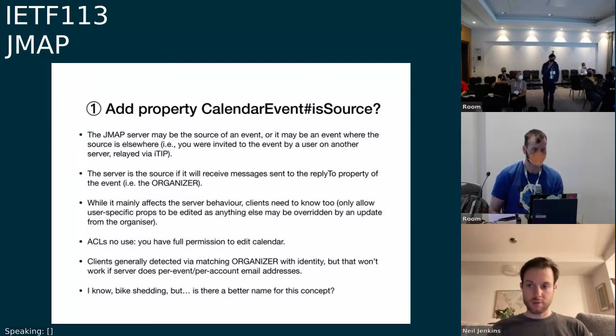So I'm Joris Baum. I just wanted to state that I also added a source property for JMAP for tasks currently. This is supposed to signal if a task was automatically created from a mail or originated from a web application or a mobile application. So just to put that out there, that it might be confusing to have is source and source at the same time with different semantic meanings.